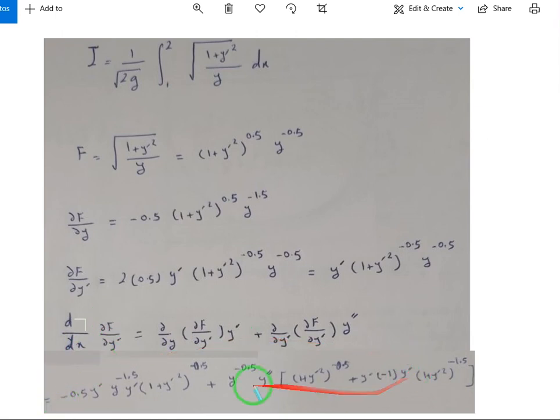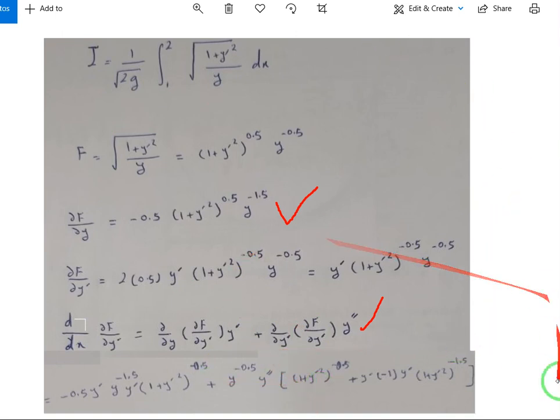This is our last formula for the second term of the Euler-Lagrange equation, and if I substitute this term and this term in the Euler-Lagrange formula and do some simplifications,